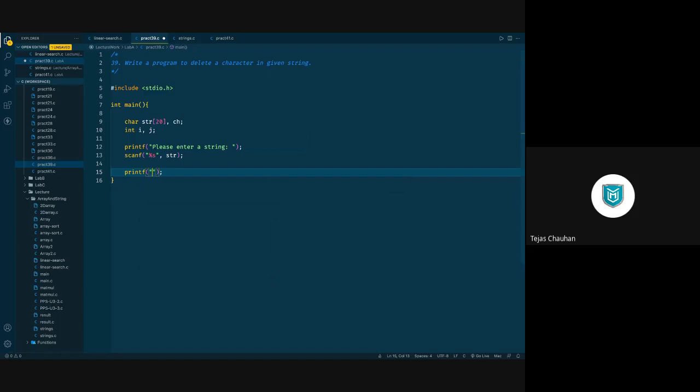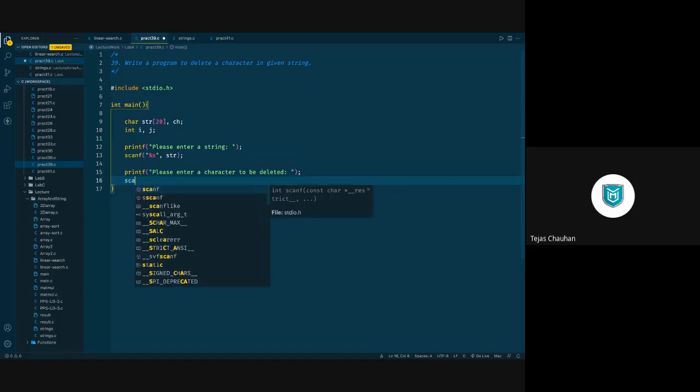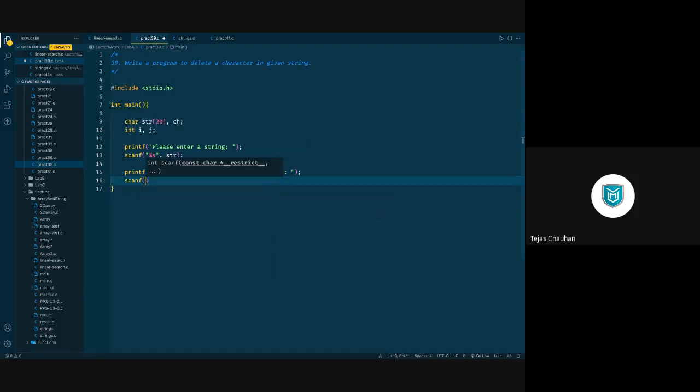So printf, please enter a character to be deleted, and then we scan that character also. So scanf %c, &ch. Okay, now I know that it is going to make some problems, so explicitly I'm going to take one space here just to prevent the problem of buffer reading. Yeah, so we have our string, we have our character to be deleted.